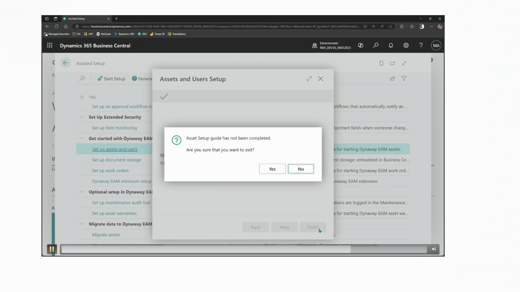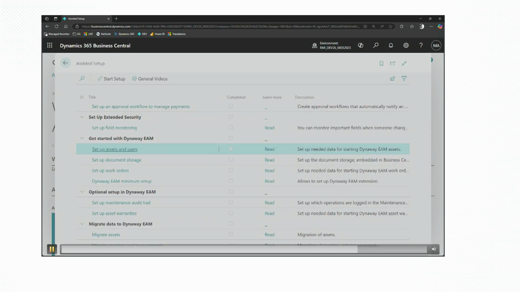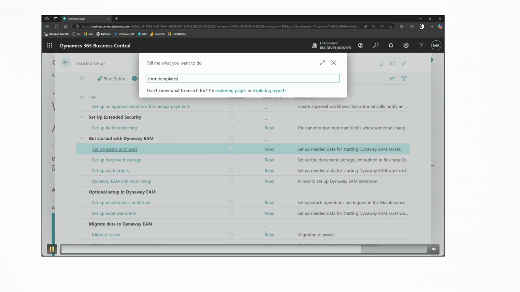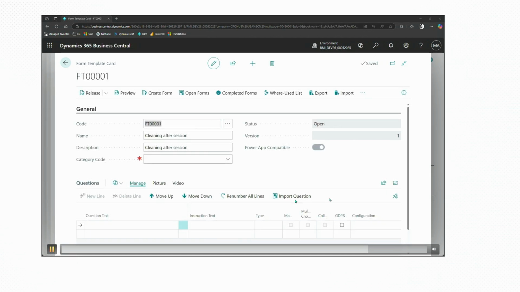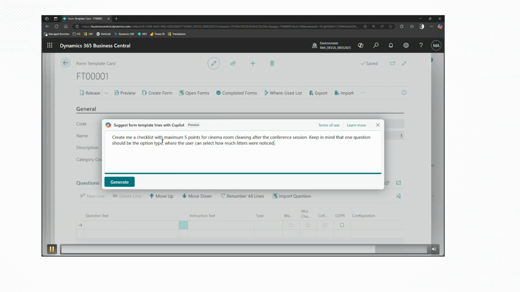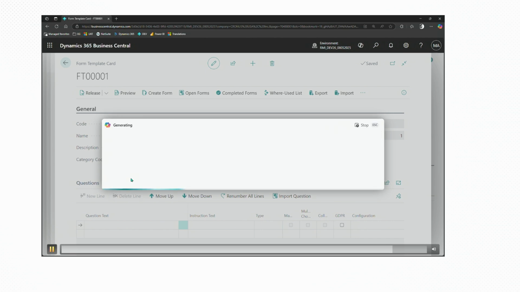Yeah, somewhere here. So at this point of time, you went through setup for a solution and you created a lot of data. And then they have a little bit more advanced step. Now you want to create some templates, or document templates, again, to get your solution going. You can bring your templates from somewhere, or you can use, again, Copilot functionality with a little bit more advanced prompt, or very advanced prompt, with a gallery of prompts you can bring to help your users with those initial steps. And in this case, you create this form template card, but it's like a document template for whatever that solution needs to do. And you continue with that.